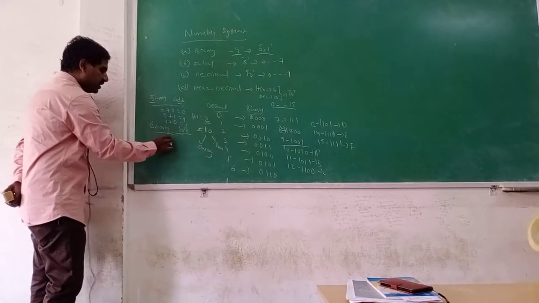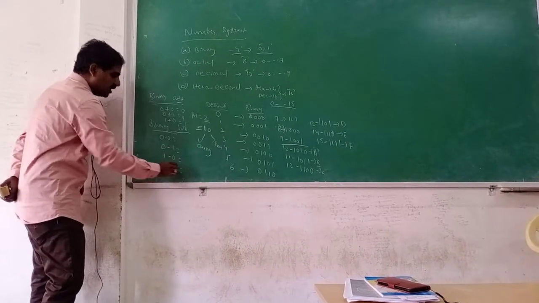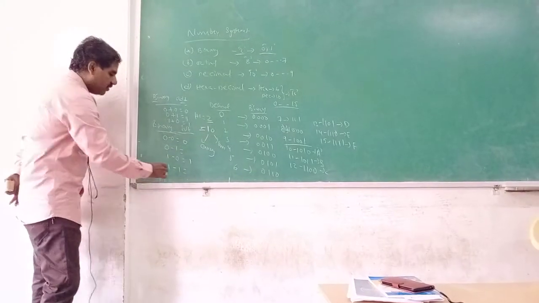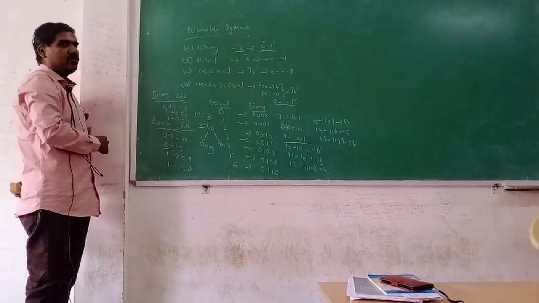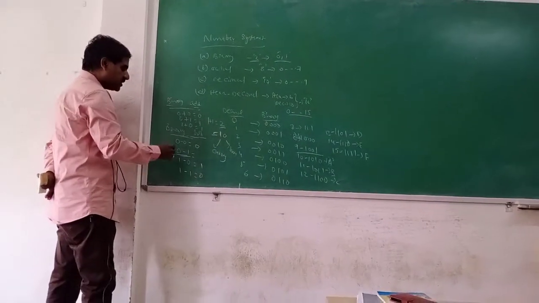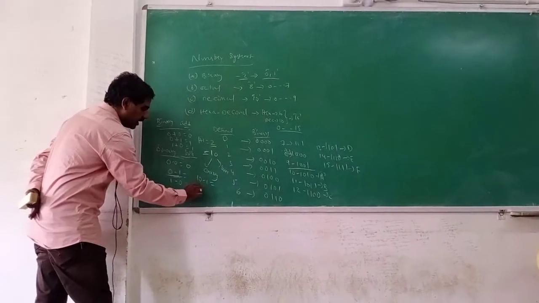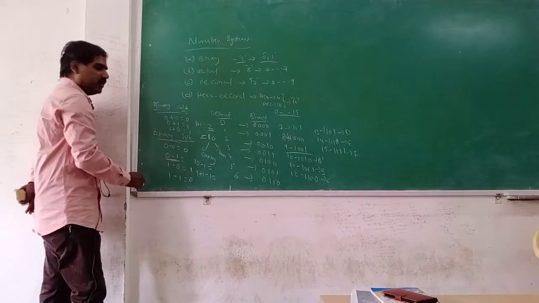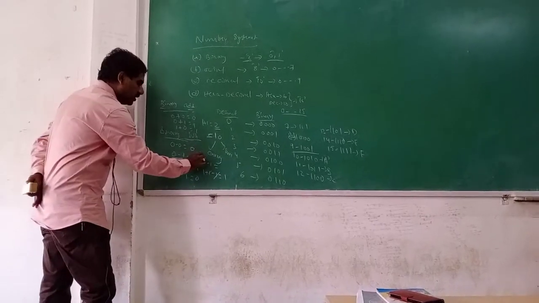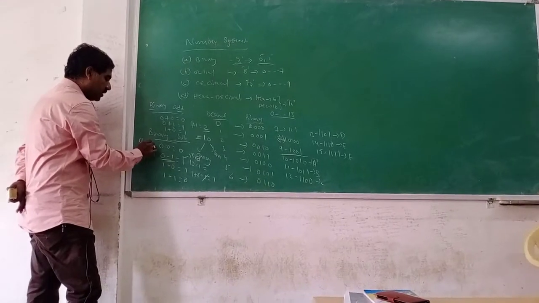In binary subtraction, 0 minus 0, 0 minus 1, 1 minus 0, 1 minus 1. Again we are having 4 combinations. 0 minus 0 is 0, 1 minus 0 is 1, 1 minus 1 is 0. When subtracting 0 minus 1, we have to take a borrow from the next column. It becomes 10 minus 1. 10 can be written as 1 plus 1, minus 1. Plus 1 minus 1 cancel. We are getting a 1. Nothing but 0 minus 1 is 1, the difference, with borrow 1.